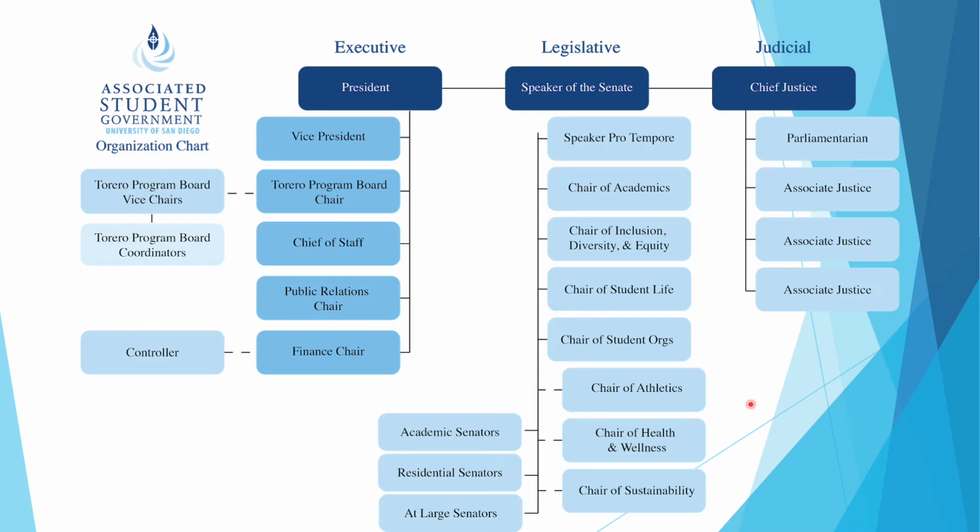And so we also have these kind of subcommittees, coordinators. So we have the athletics coordinator, the health and wellness coordinator, and the sustainability coordinator. So when you join Senate, you get to align yourself with one of these and you get assigned a committee. And that's just what you'll be working on in terms of projects and stuff like that. So senators are either academic senators, residential senators, at-large senators, commuter senators. So I'm going to get into all of that later, so don't worry, but I just wanted to give you a little rundown.